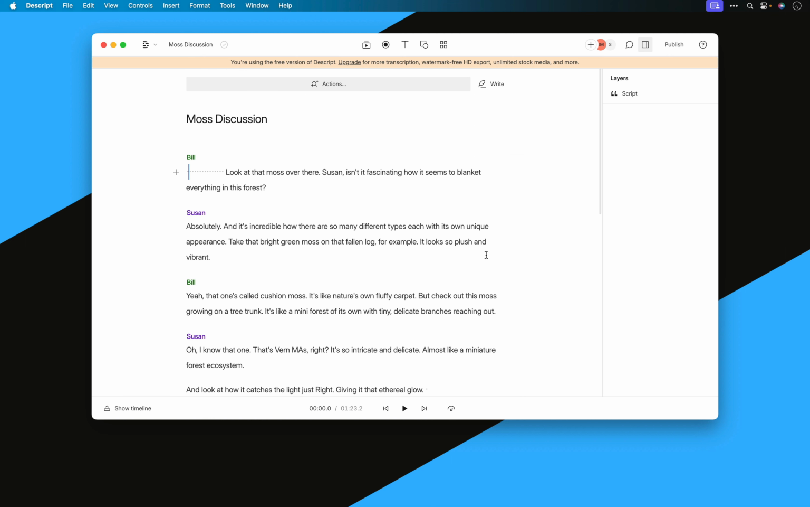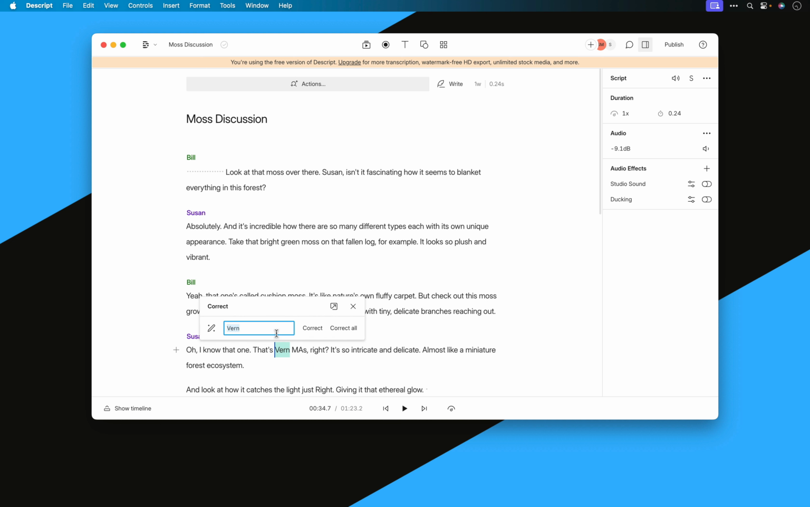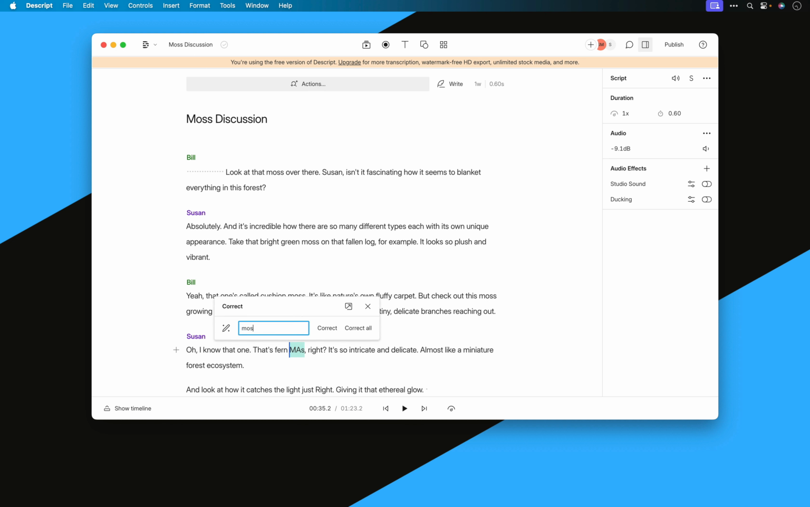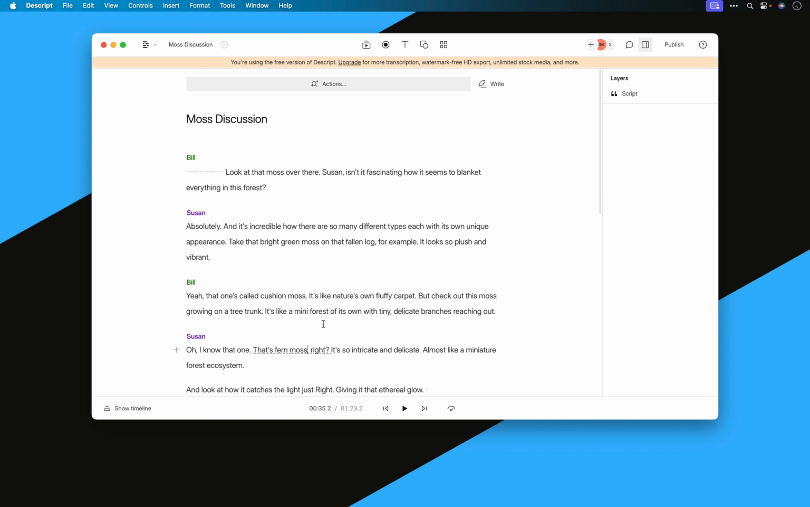As with anything man-made, Descript isn't perfect. Notice Fern Moss was transcribed as Vern MAS. Double-click Vern, click Correct, change that to Fern, click Correct. We'll repeat that with MAS, double-click MAS, Correct. Type Moss, click Correct. Once ready to take the transcription out of Descript and into a word processor, click File,